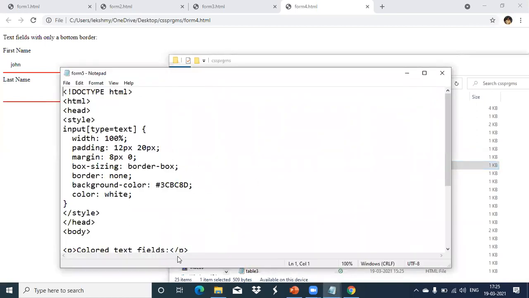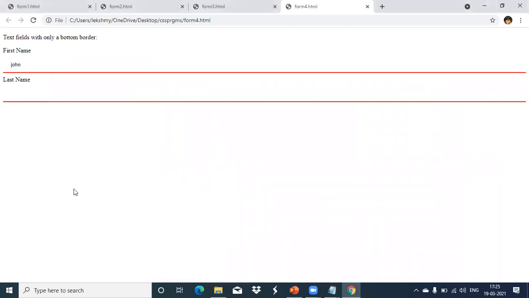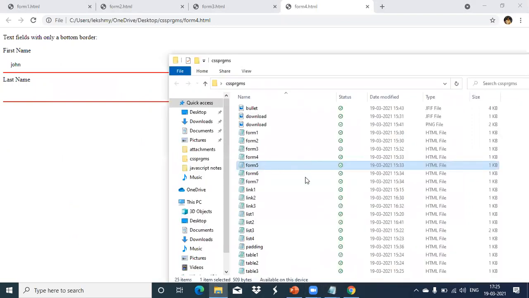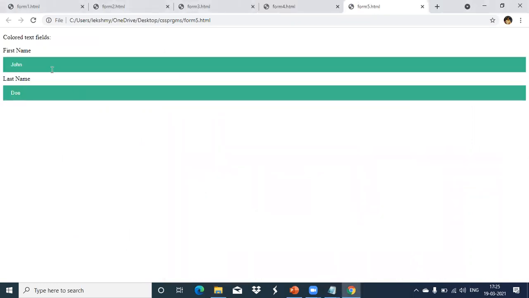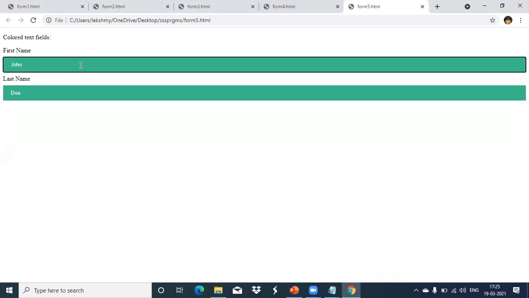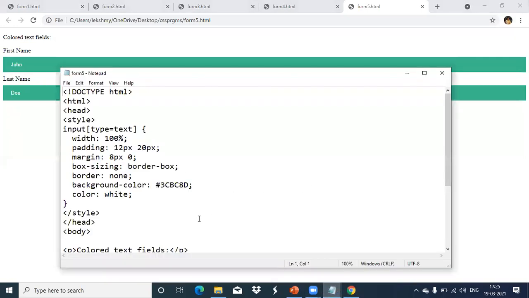Now for that we are giving some background color. Same thing only. Input one only we are doing. We can do the background color for that. Okay, like this. These are text boxes, but we have given some background and the foreground color also we have specified there. So you can see. Same properties only. The extra ones we have added are background color, and foreground color is white. Okay.